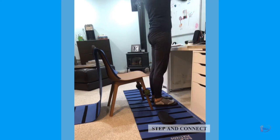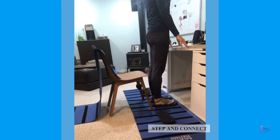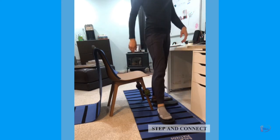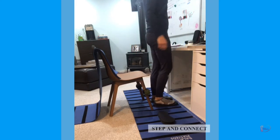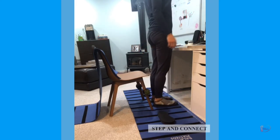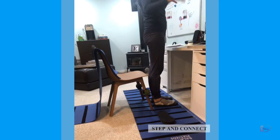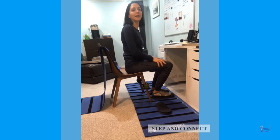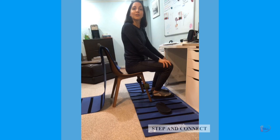Now your visual targets should be at eye level, so you might want to find 3 different visual targets. Look at that target, take a step, and then look at that target, come back. And then you can progress without holding on. If you have either lights that blink on each side, you can also use the lights, so if a red goes on, you know to go to the right or left, so you can be scanning your environment, or even using laser lights. So this is just one exercise that hopefully you can incorporate at home, doing stepping and initiating that step after you get out of a chair in a tight